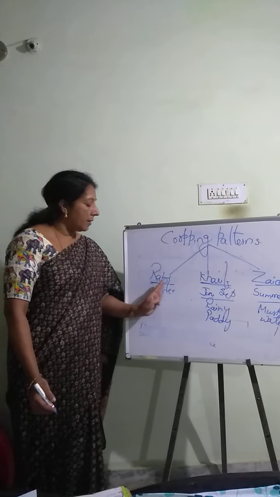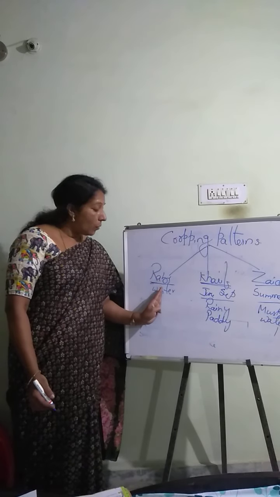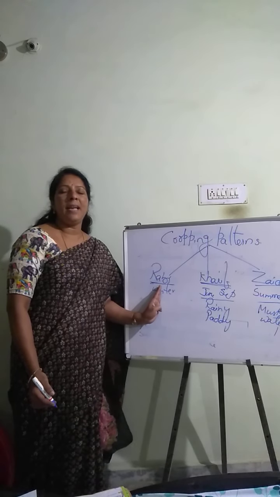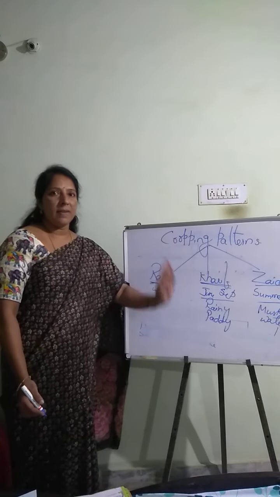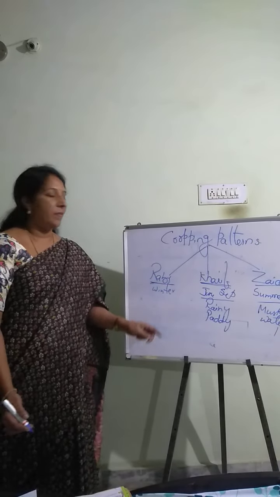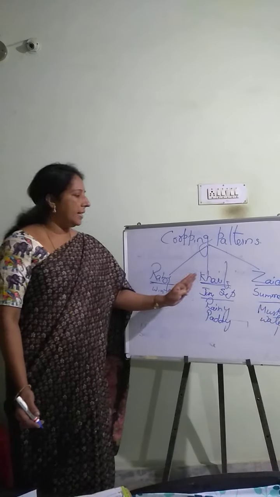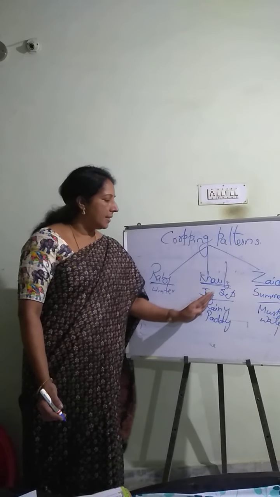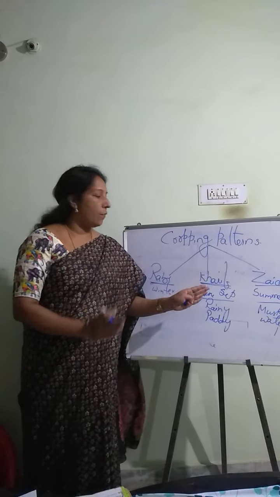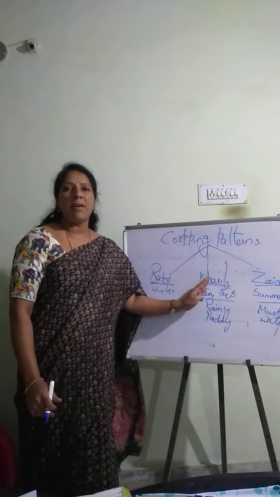It is the main important staple crop there, one of the cereal crops in India. It is grown in the northern and northwestern states as it is their main crop. Wheat is the main crop. And the second variety is the Kharif season. Kharif starts with the onset of rainfall, because it is called the rainy crop